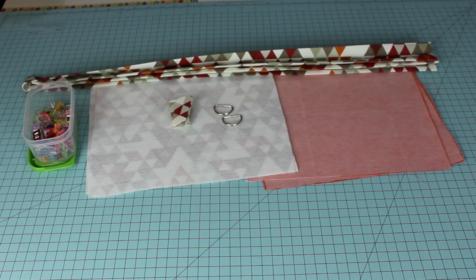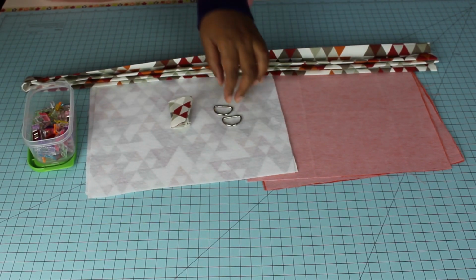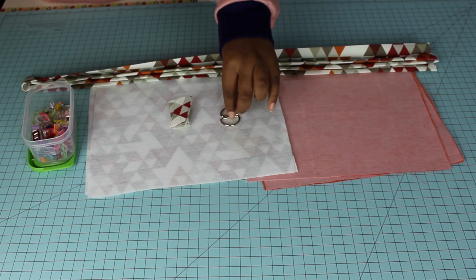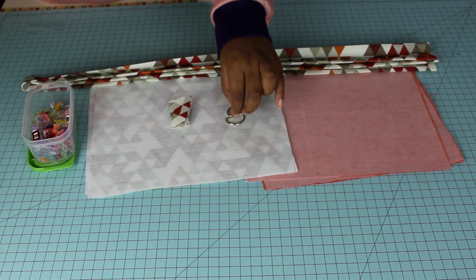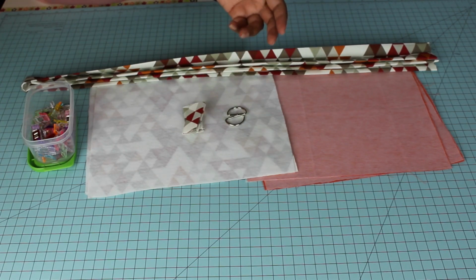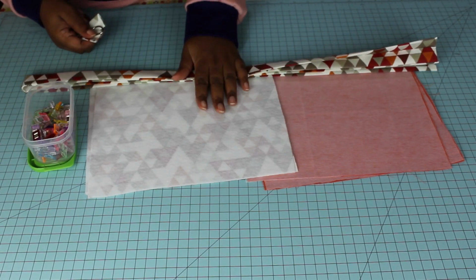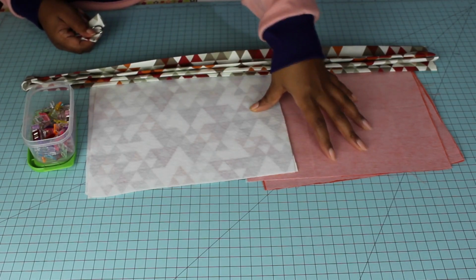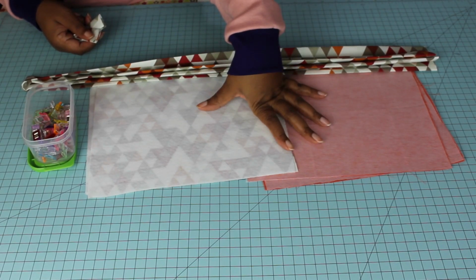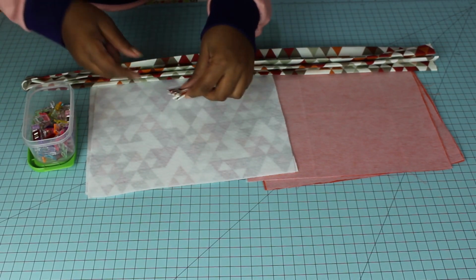Alright, so now that we got everything interfaced, now we're going to go to the sewing machine. Go ahead and grab your clips or pins and your D-rings. If you are not using hardware to add your strap, you don't need a strap tab or D-rings. But you do need a strap, and you need your main piece and your lining pieces. And again, once we get to that part, I will show you what you need to do if you are not using hardware for your strap. But if you are using hardware,